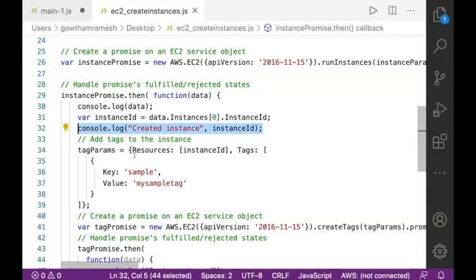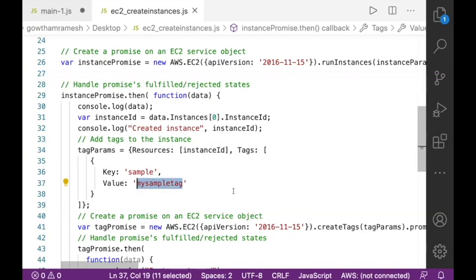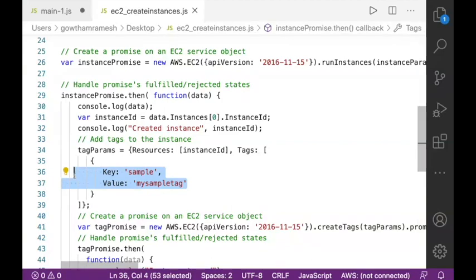Every instance you create, you can tag it by using a tag name. This is the step we usually skip when we create an instance in the GUI. But according to this, I'm going to create a tag. I will explain this tag in detail maybe at a later point today.